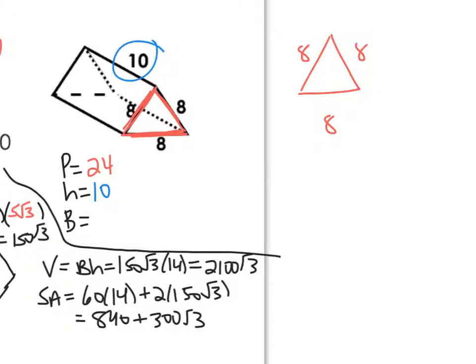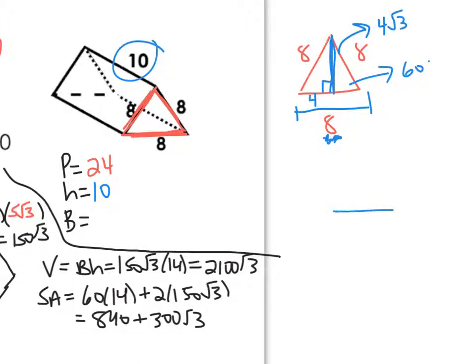There are two ways to do this. One is significantly easier. I know I'm going to use special right triangles. What I want to pay attention to is the fact that this 8 does not have a root 3. In which case, it would be really nice if this whole number was opposite my 30-degree angle. Since it's an equilateral triangle, that means all my angles are 60 degrees. So I'm going to conveniently split my original triangle into two, right in half. So this bottom segment would be 4, and then opposite is going to be a height of 4 square root